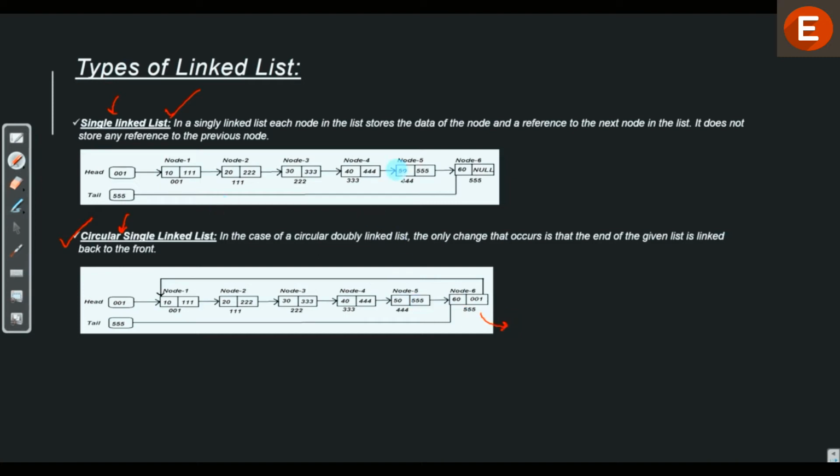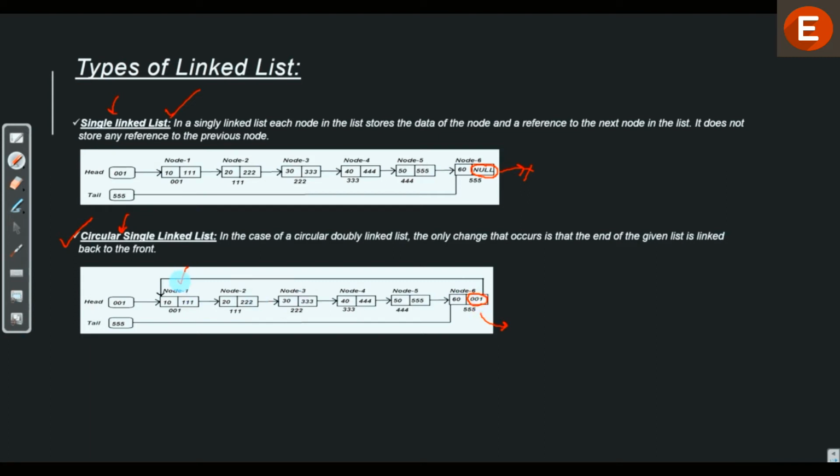In the previous list we saw that the last node stores a null value in the reference, indicating that there are no more nodes after this. However, in a circular single linked list, we store the address of the first node.